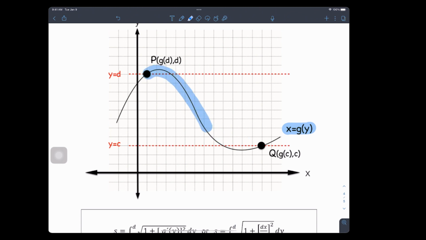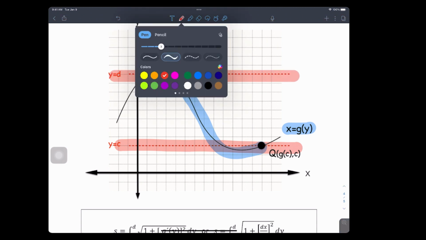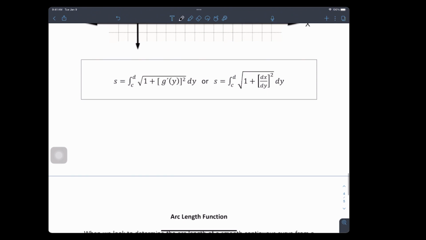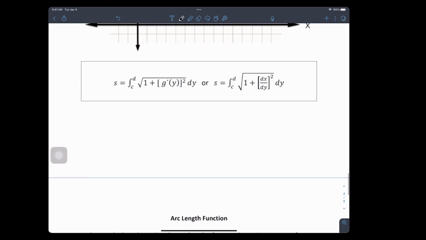Okay, so you're given a curve. But now you're going from a y value being at the lowest c and at the highest d. They still want to ask you about arc length, this value s or l, whatever you want to call it, right? I think I said at the very end of last time, we're going to get back to these kind of questions, an example where x is a function of y, and you're going to find that arc length, where it's really the same formula. It's the exact same proof. But this time, if they give you x as a function of y,